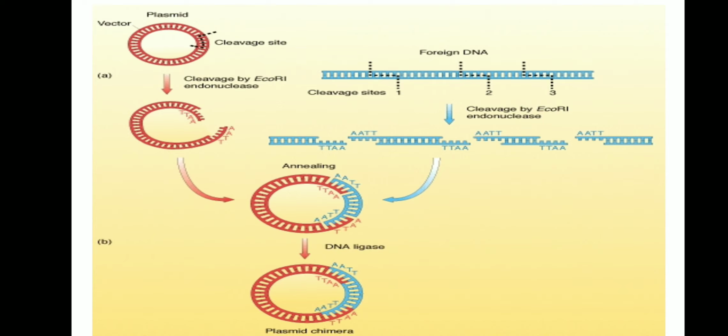By the help of DNA ligase enzyme, the vector DNA and foreign DNA form a combined molecule. This molecule is called recombinant DNA. So this process is called recombinant DNA technology. Now this recombinant DNA is used for various purposes. We need to transfer this recombinant DNA into the host cell for rapid propagation and multiplication.